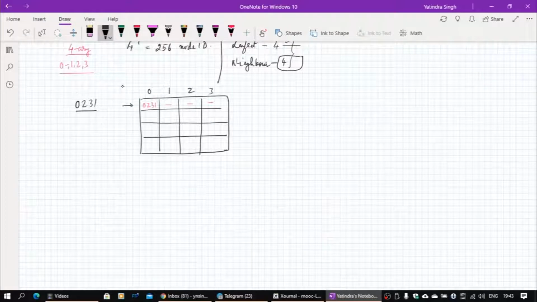When I start here, 0 is fixed, I have to look for all the entries with 0, 0, so the entries have to be 0, 0, x, x. But since there is no entry, this will be empty. Similarly, 0, 1, x, x will be empty. 0, 2, x, x matches with itself, so I will put 0, 2, 3, 1 here. Again this entry will be empty. Continuing with this, I can very quickly write 0, 2, 3, 1, and then 0, 2, 3, 1 here, and that's the routing table entry when only one node exists. Now what we do is we introduce another node.